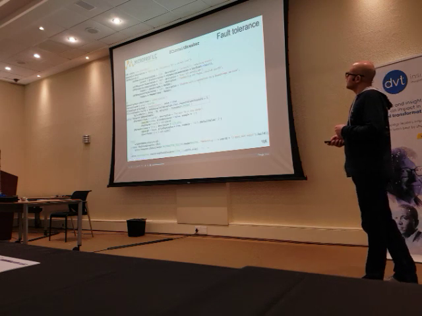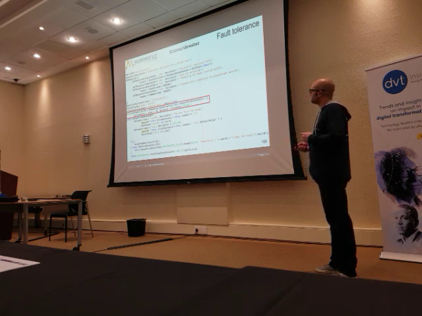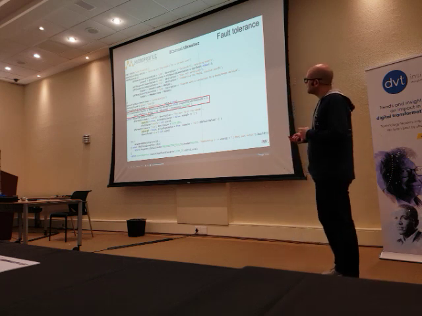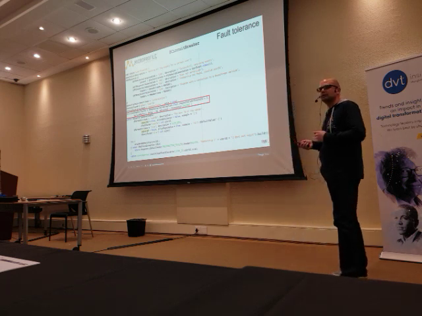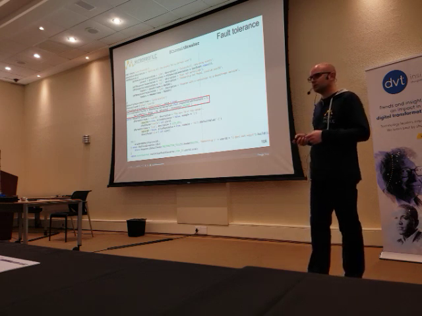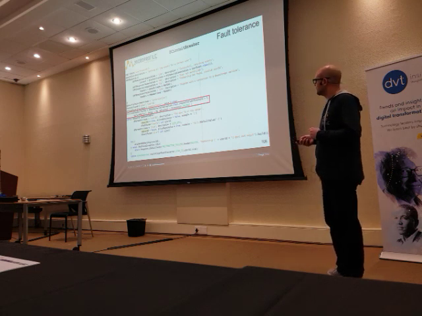So to do this in the code, it's fairly simple: add circuit breaker. There are quite a few things that you can configure in this annotation. In my case, I'm basically saying only trip on the node not available exception, which is the exception thrown when Elasticsearch is not available. Then I can say how long it should wait before it tries to put it back on again. In my case, I said wait 10 seconds and then try to put it back on.